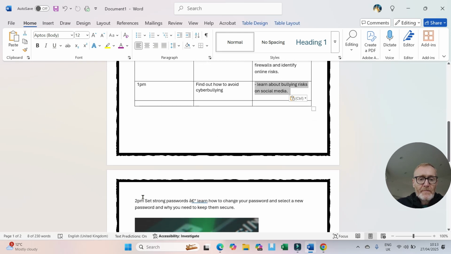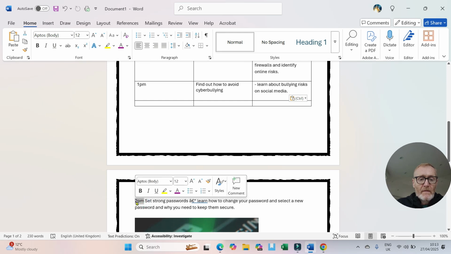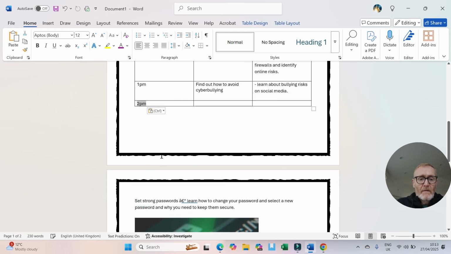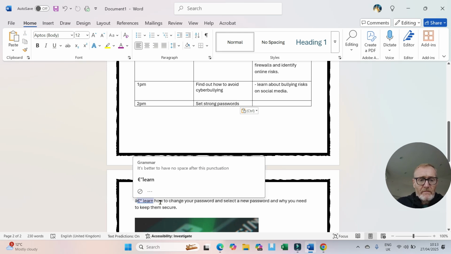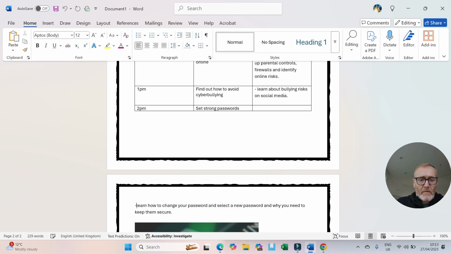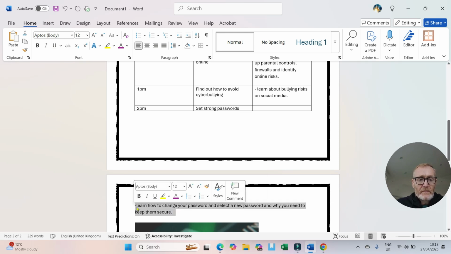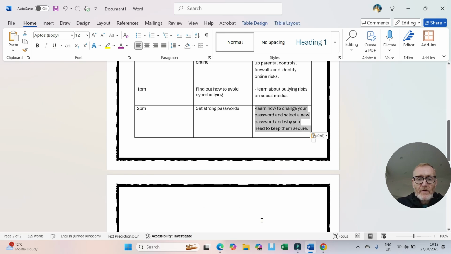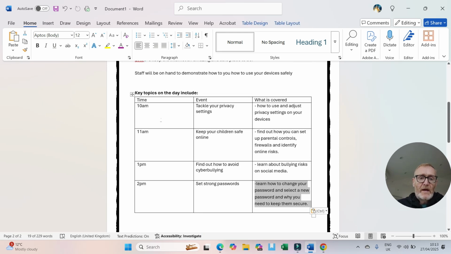Okay, 2 p.m. Okay, strong passwords. And there's a fault there, so we'll just get rid of that. We'll keep the same as the others. Learn how to do. So now I've got the data in the table,